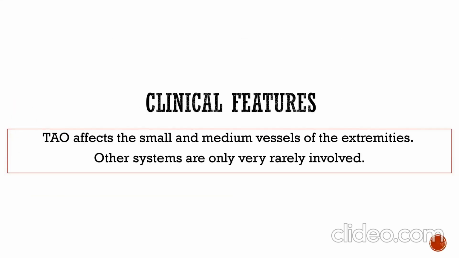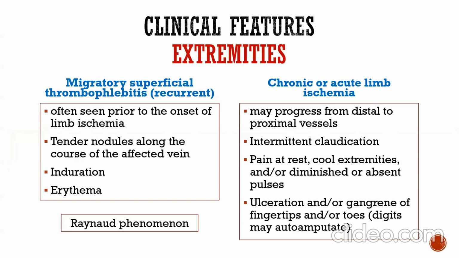Clinical features. Thromboangiitis obliterans affects the small and medium vessels of the extremities. Other systems are only very rarely involved. Clinical features include migratory superficial thrombophlebitis, recurrent, often seen prior to the onset of limb ischemia, with tender nodules along the course of the affected vein, induration and erythema, Raynaud phenomenon, and chronic or acute limb ischemia that may progress from distal to proximal vessels,